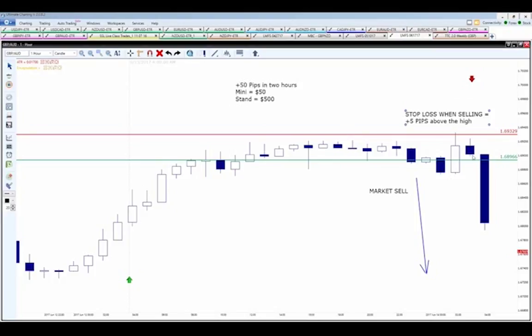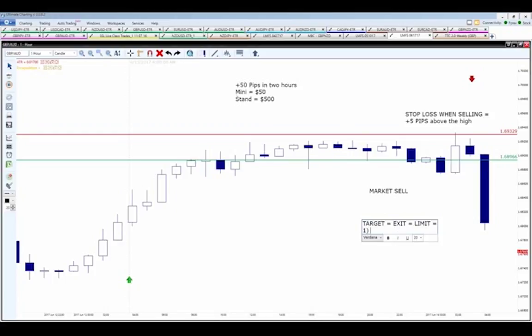So we have our entry, we have our protection here. Let's see how many pips we would be risking on this trade. On this one, if you look in the upper left-hand corner, we'd be risking about 35 pips. So in this case here, our target, let me type that out for everybody. There we go. So once again, our target, which is our exit, also referred to as our limit,